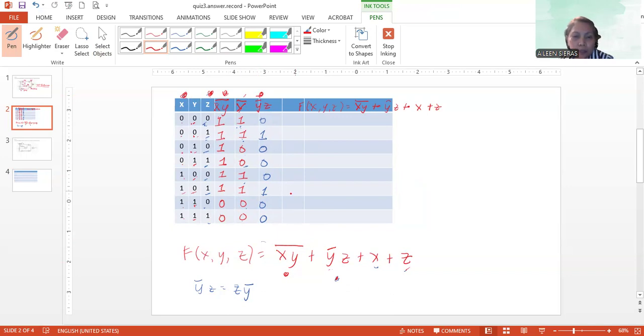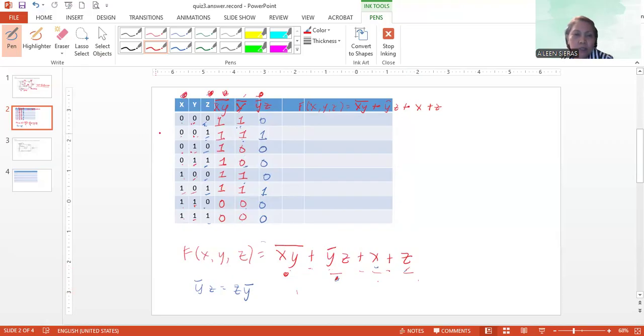Now, they are combined using the OR gates, the plus. So the plus is also addition. So meaning, if it is addition, it is an OR gate. In any of these columns here that has 1, the output is 1. If all the inputs here are 0, the output is 0. So the output is 0 only if all of the inputs in these terms are equal to 0. If even just one of them is 1, the output is 1.